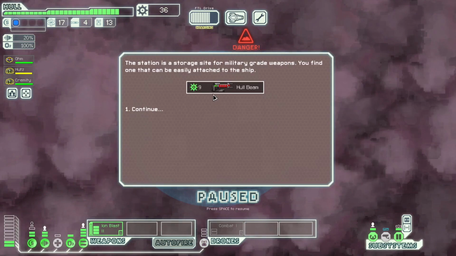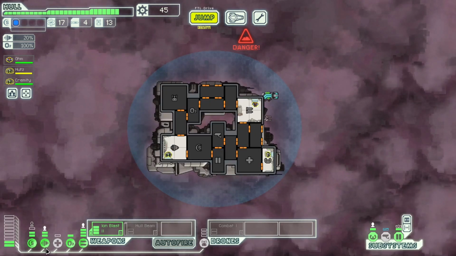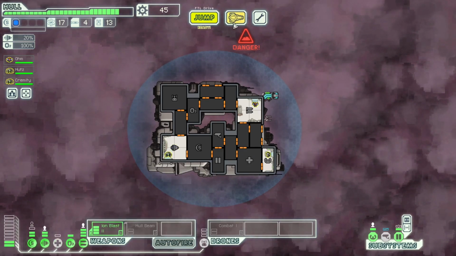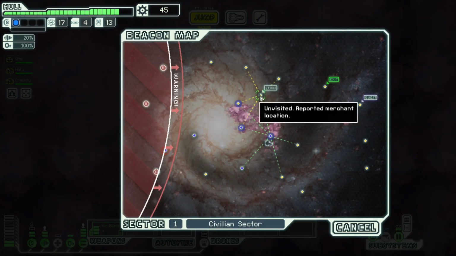Oh, nice! Actually, you know, hull damaging weapons immediately. So, we get a weapon. For the moment, we'll keep using the Ion Blast too. It's just, if we can get some lasers...